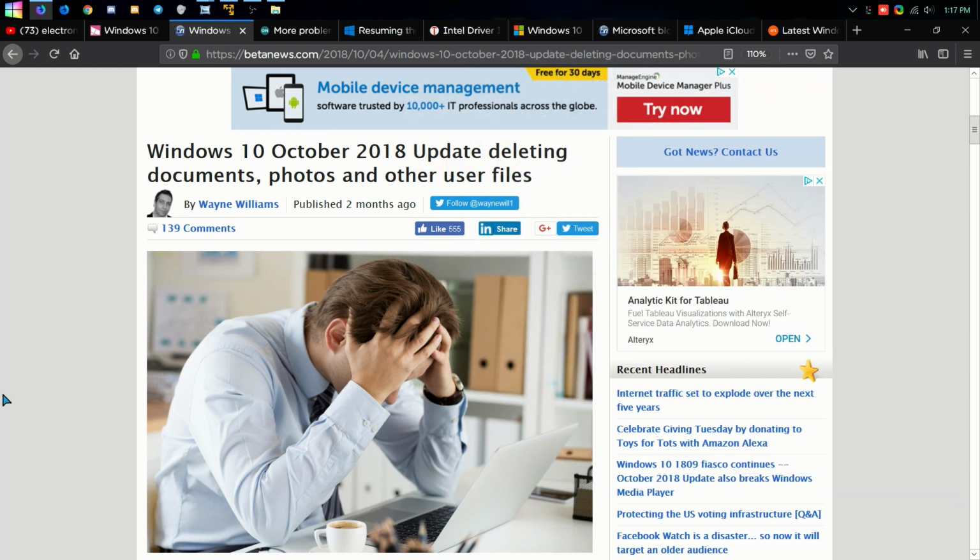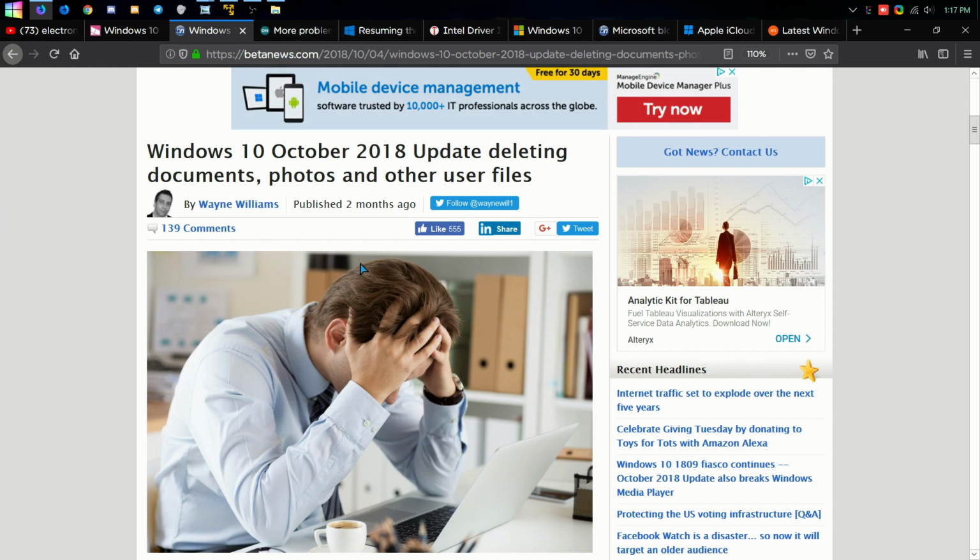But anyways, pretty much Microsoft fixed this issue with deleting files. It doesn't delete files anymore. They figured out it was a linked folder, so that problem was fixed. But still, it caused a ton of damage because people have lost so much data, and it's just really bad. But anyways, then we move on,